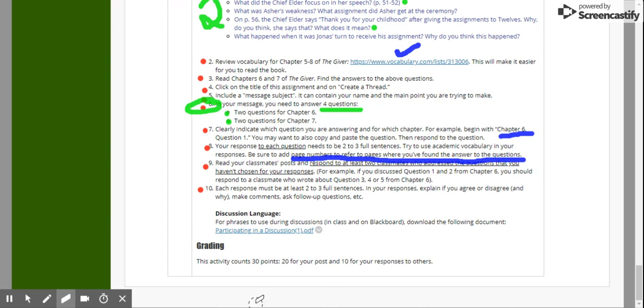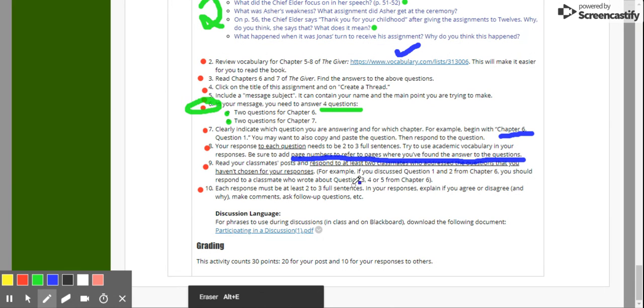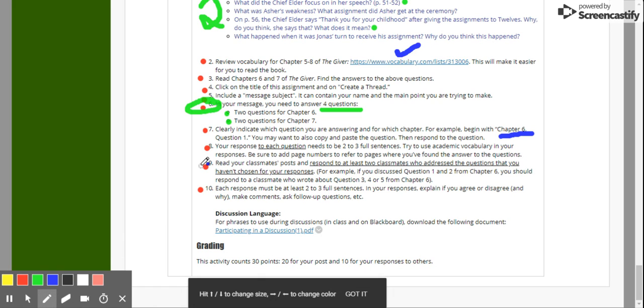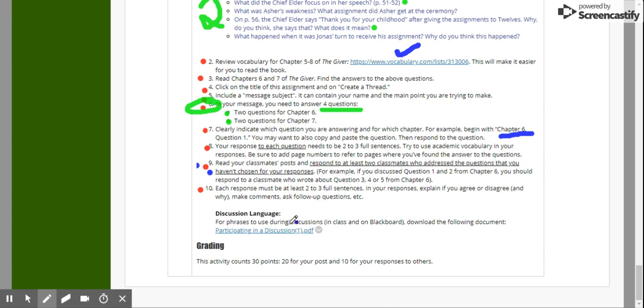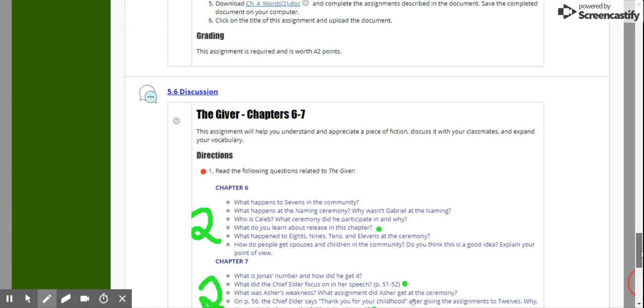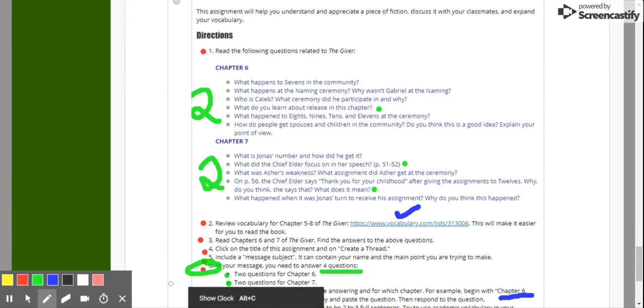Now, next part is to make sure to read your classmates' posts, okay, and respond to at least 2 classmates who address the questions that you haven't chosen. So, let's say that you wrote about the green dots, okay? So,